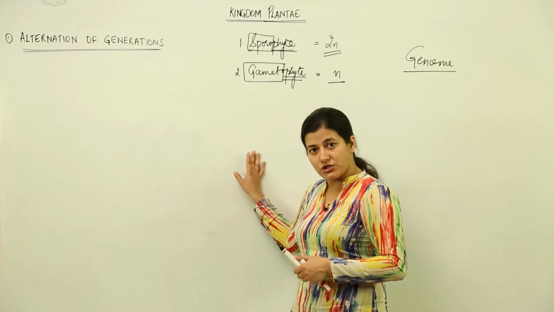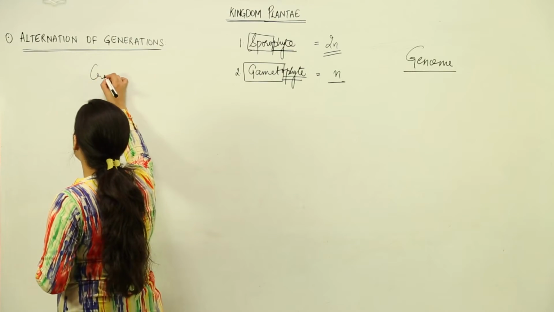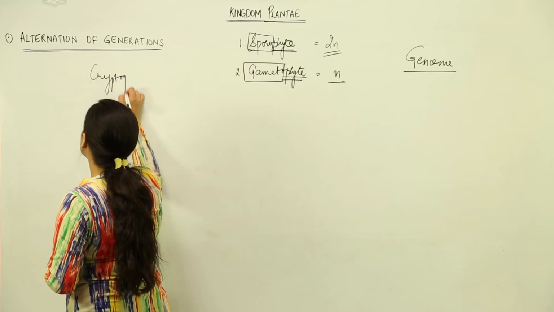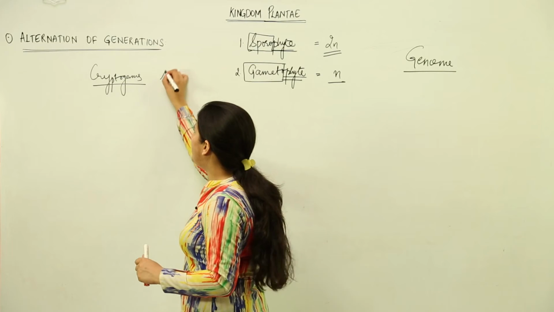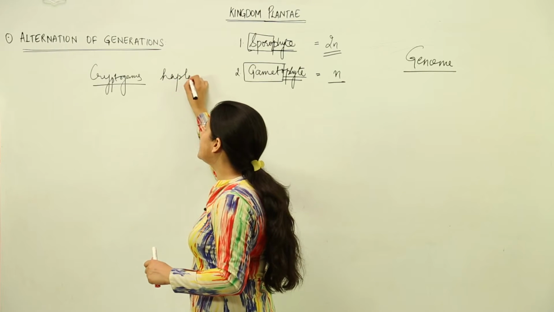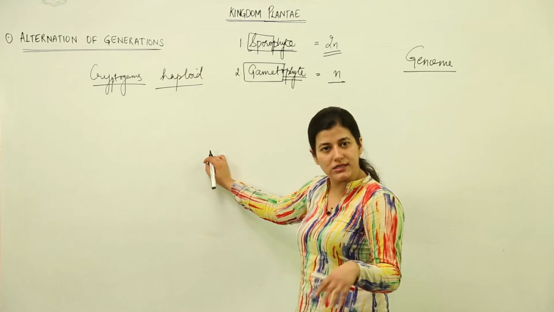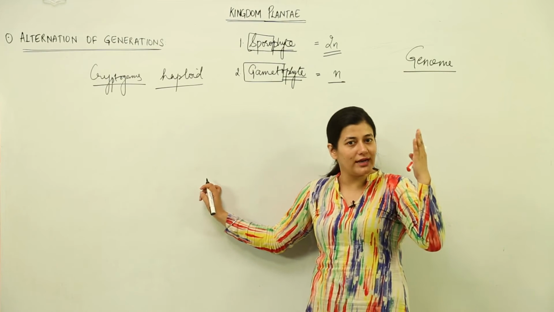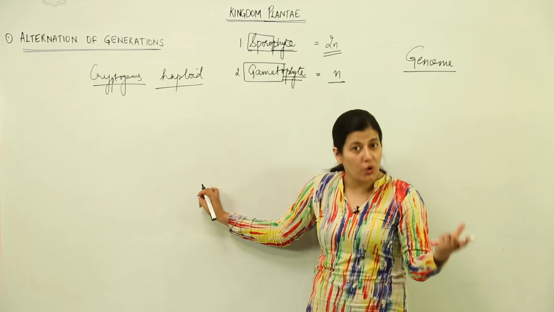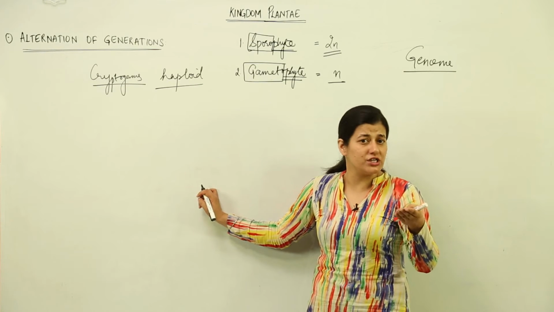In case of alternation of generation, in the lower plants, especially cryptogams, mostly the plant body is haploid. That means for the expression of their characters, the gene would not need 2 alleles. In the case of a mango tree, the plant body that is visible to you is diploid, not haploid, and whatever haploid generation is present